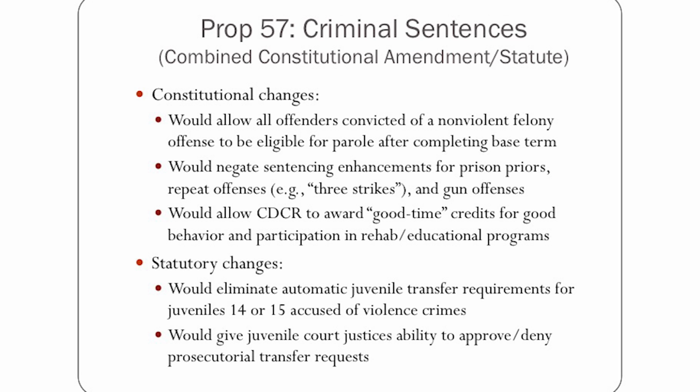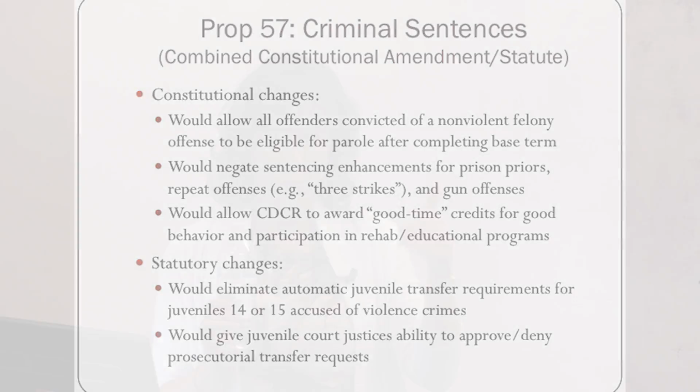Constitutional changes. There's basically two main thrusts of this bill. One is that it would allow quote-unquote nonviolent offenders to be eligible for parole as soon as their initial prison term is completed. And the second piece is that it would allow good time credits that would qualify someone for early release consideration, again with parole approval. So it's not just an open up the door and let you go.